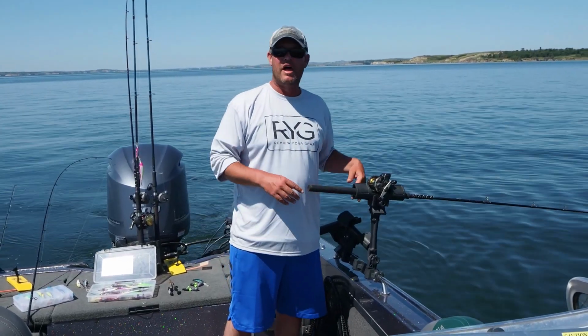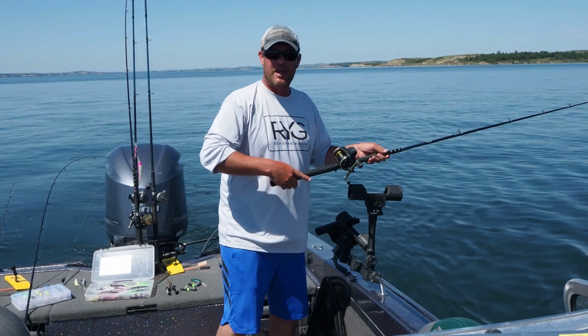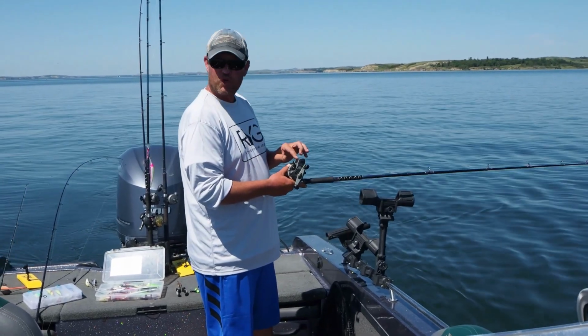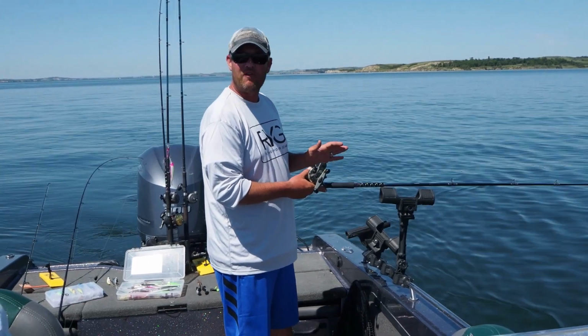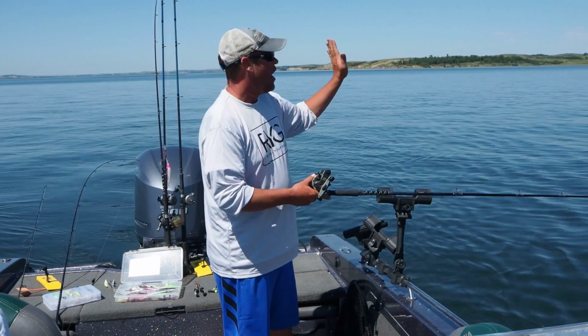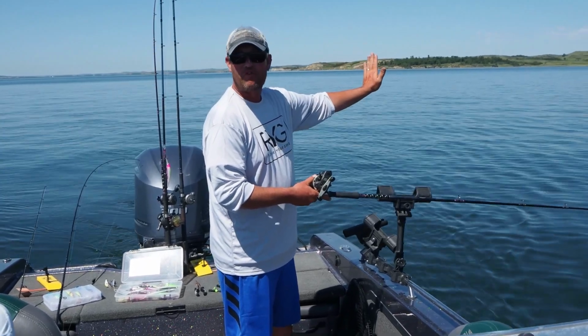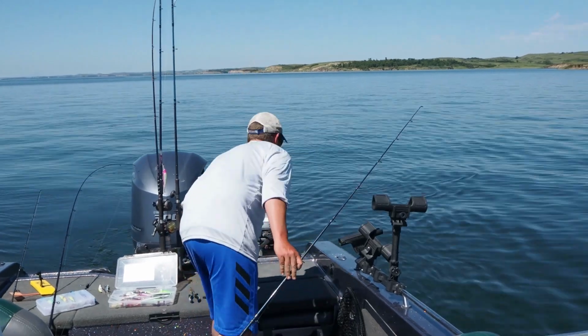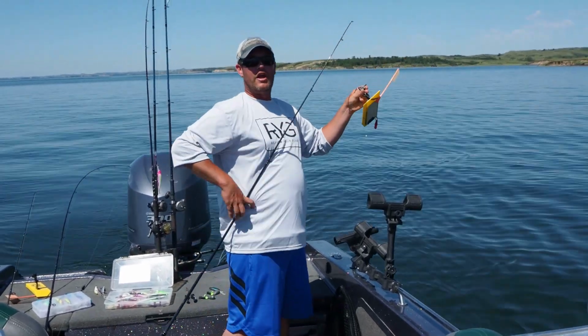Okay, now I got my line set. I'm gonna go ahead and take my crank and we're gonna put it on a planer board. We're currently running at about 28-30 foot. I'm running my number 11 flicker minnow up in about 25-26 foot of water. So to do that, take your line,